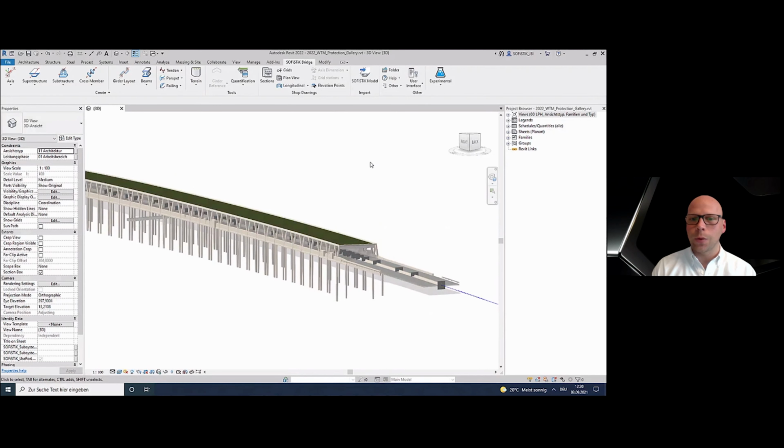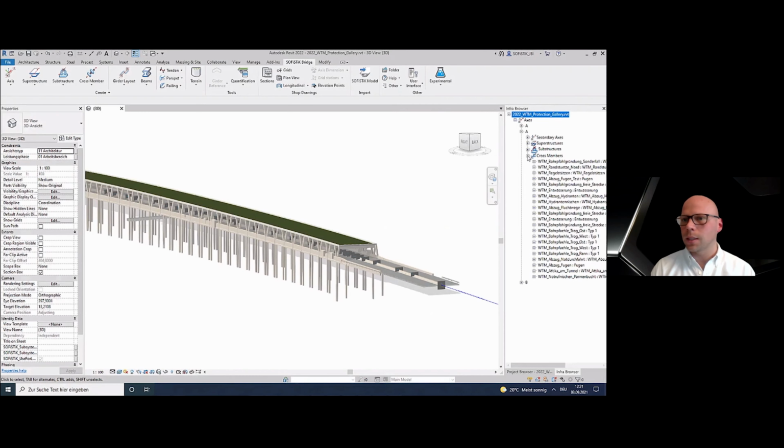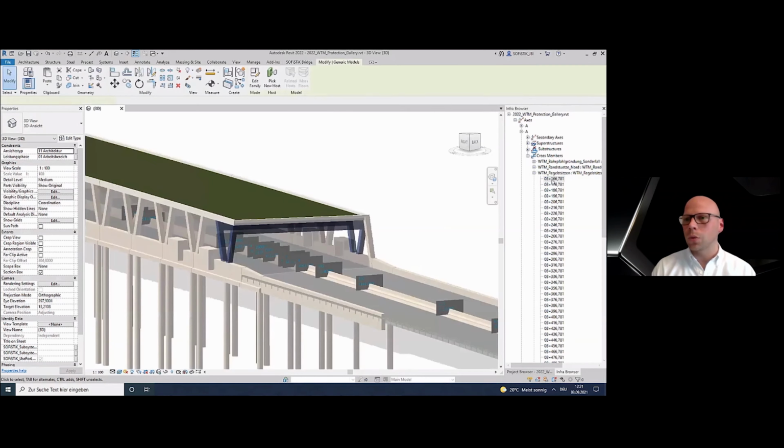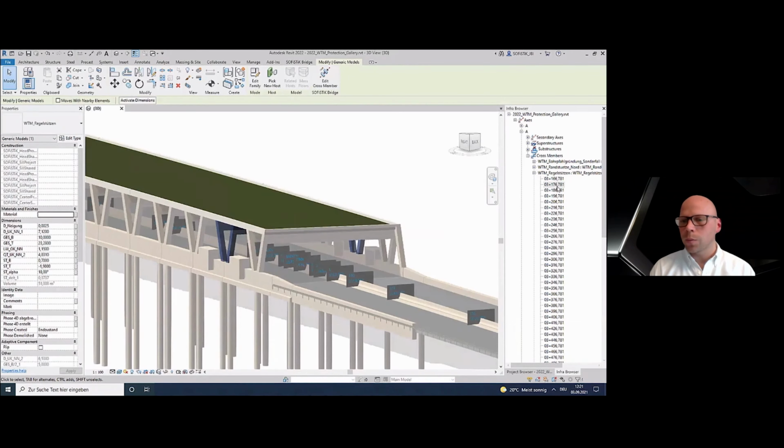Right now we can see that there are multiple components, but we can activate the user interface in our panel, and we can see that the tree is opening, and we can go from axis to secondary axis to also the cross members.